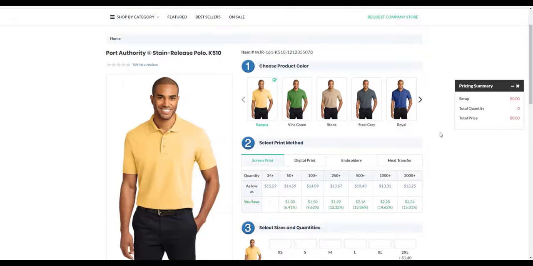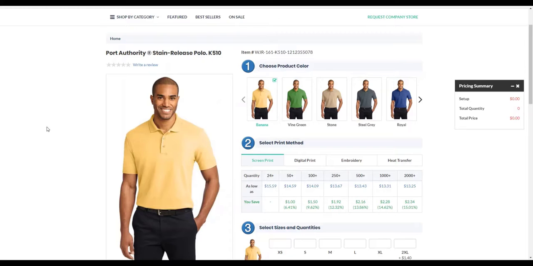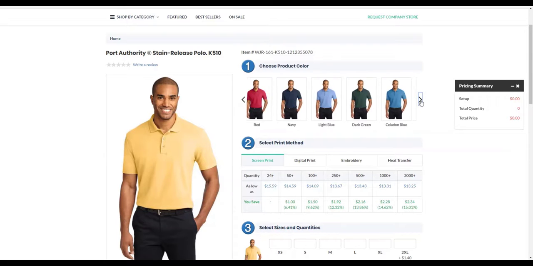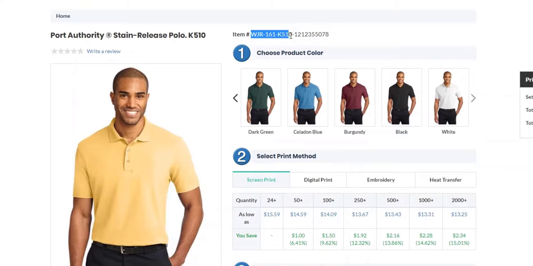In addition to this, if you'd like to search your site and export based on a SKU, you can also do that here. You'll notice on this particular SKU, we've got quite a few parent and child products assigned to this SKU. What we need to do is copy the prefix of the SKU here under the item number